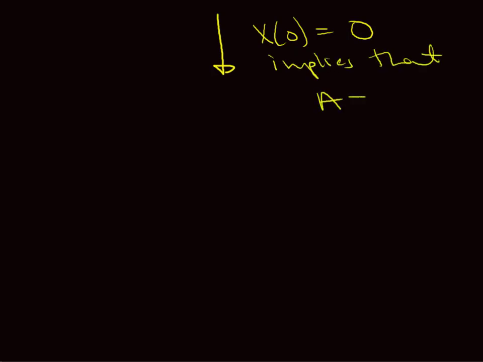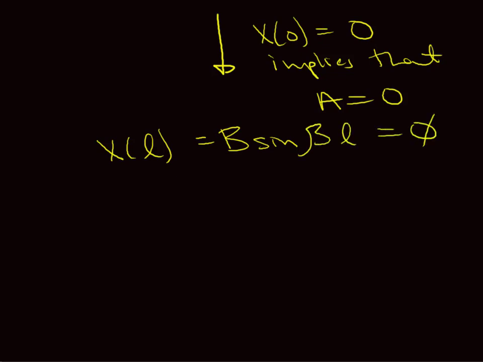To that general solution, we apply our boundary conditions, which say that at x equals 0, X must be equal to 0, and that implies that a must be equal to 0. And so that also means that X of the length of the string is equal to b sine beta times the length of the string equals 0. And b being equal to 0